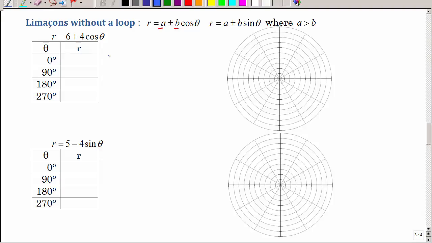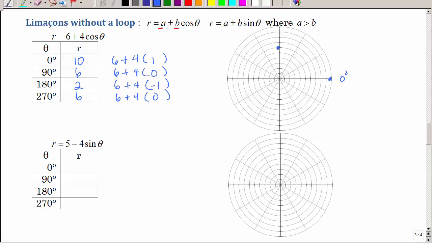So again, you could use your calculator, but these are pretty easy values. So 6 plus 4, the cosine of 0 is 1. This is going to be 6 plus 4, the cosine of 90 is 0. 6 plus 4, the cosine of 180 is negative 1. And you can kind of see a pattern here, and that's going to be 0. So, we have at 0 degrees 10. 1, 2, 3, 4, 5, 6, 7, 8. Way out here. At 90,